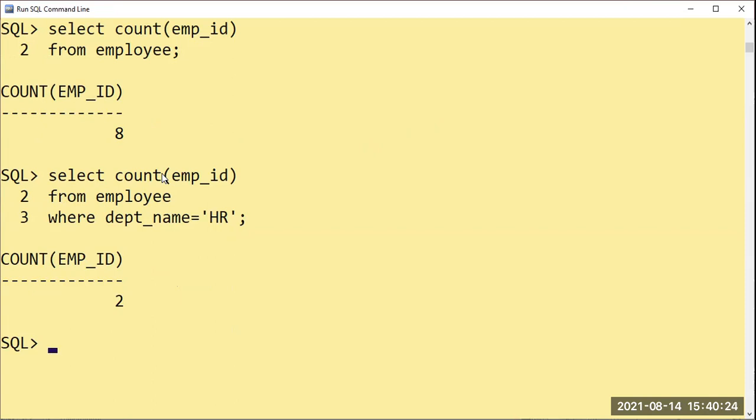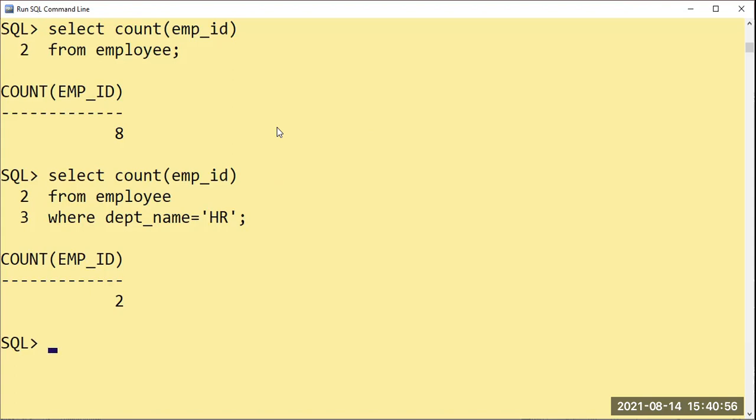I want to check how many employees are working for the HR department, or how many employees are working for the finance department, instead of scrolling through HR. I just want to check how many employees are working in the HR department. Otherwise, how many employees are there whose salary is above 50,000? Only the value should be there. So this is done, count is done.